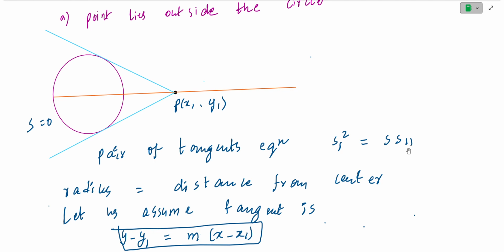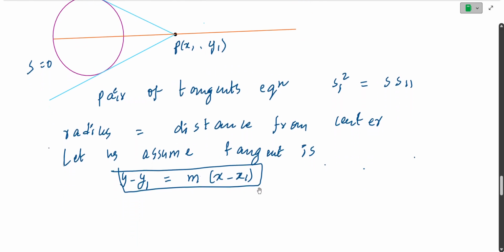If we get it as positive, we can conclude that the point lies outside the circle, and we can follow this procedure to find the equation of the tangent. If the S11 value is equal to 0, we can conclude that